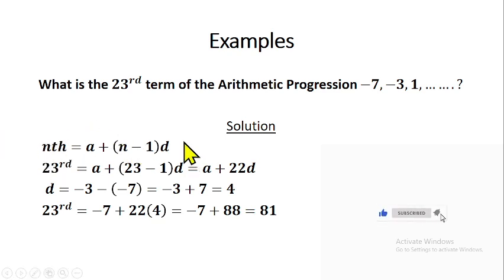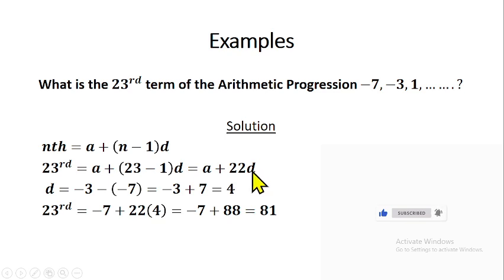We can get that from the formula of finding the nth term, which is A plus n minus 1 D. So we are looking for the 23rd term, that will be n equals 23. So that means you have A plus 23 minus 1. What's 23 minus 1? That will give us 22 times D. That will give us A plus 22D. You can see that. So the 23rd term of an AP is A plus 22D.